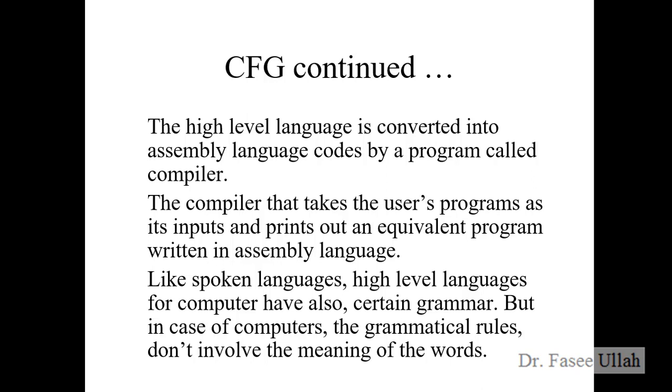So that's why we need some intermediate communication, okay. We have another example mentioned in this slide. They have mentioned we use spoken languages, and we also use some high-level languages. For computer science or for a compiler, we need certain rules, okay. They do not rely on spoken languages or written languages, but they need a certain grammar. For example, how to define or declare a variable inside the C++ compiler. For that we need some grammar rule, okay, which defines the meaning or context of that word, right? So let's see in the next coming slides.